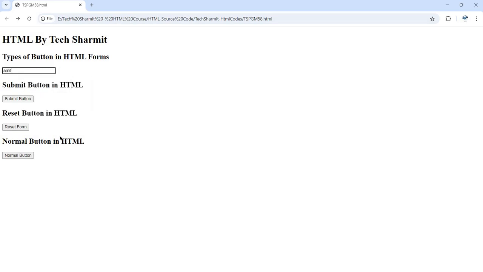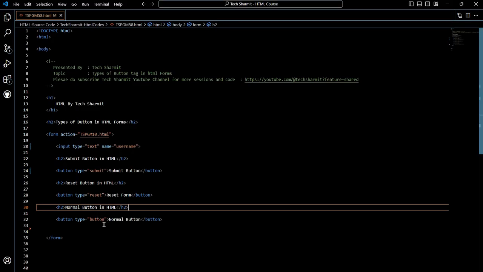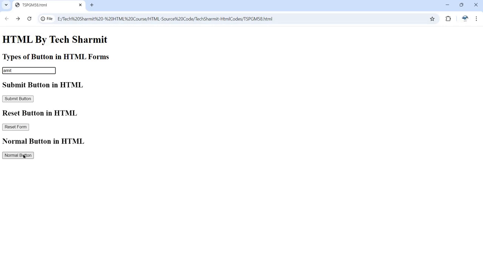So I think two things are clear now. First thing, if you are not providing any type, it will be considered as a submit button. And if you are clicking on normal button, it will do nothing. Then why do we need it? We will need it, let's say, if you are working with JavaScript, although we have not discussed that part, but